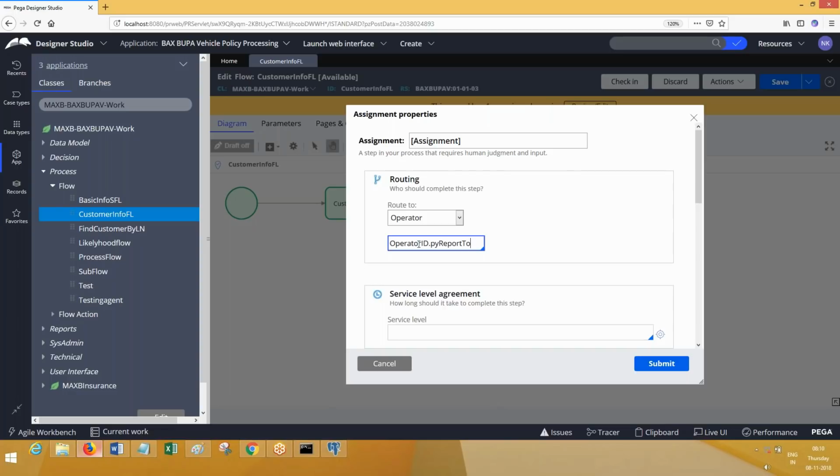This dynamically identifies who your reporting manager is. To them the assignment will be routed. When the assignment is routed to them, they should be able to work on either approval or reject.